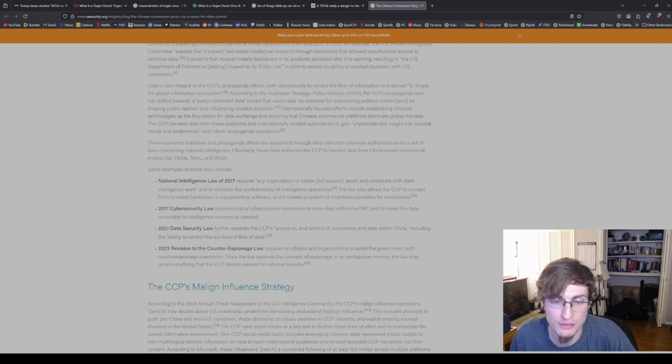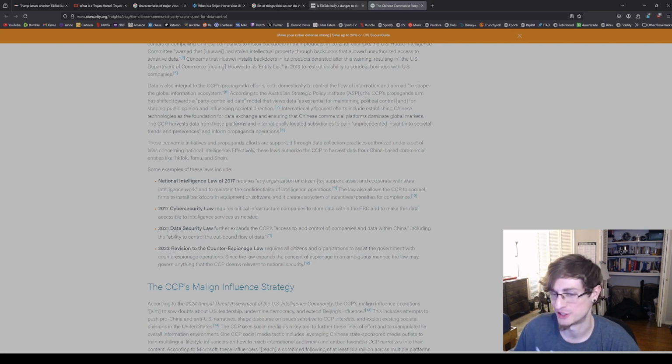The 2023 revision to counter-espionage law requires all citizens and organizations to assist the government with counter-espionage operations. Since the law expands the concept of espionage in an ambiguous manner, the law may govern anything the CCP deems relevant to national security.